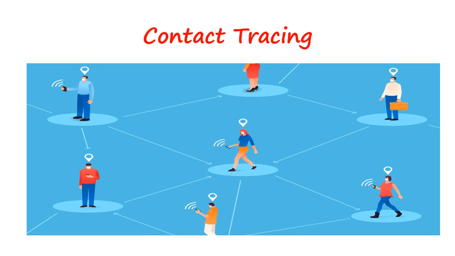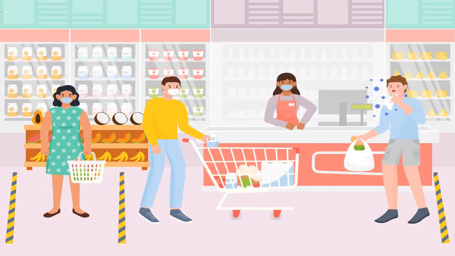Basically, contact tracing means tracing all the people who have been in contact with an infected person. Let's see how it works. Let's imagine that you are in a market and around you there is a person who got infected with the coronavirus, but he doesn't know that yet. Beacons can help in tracing this